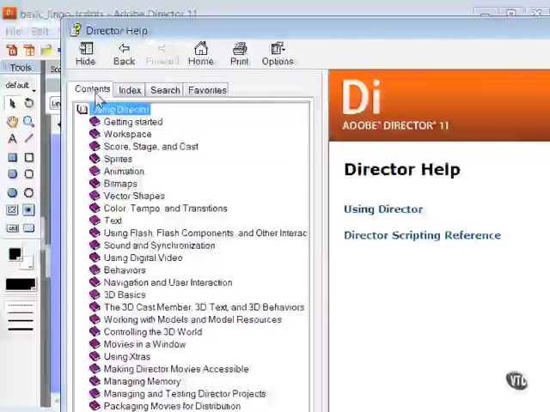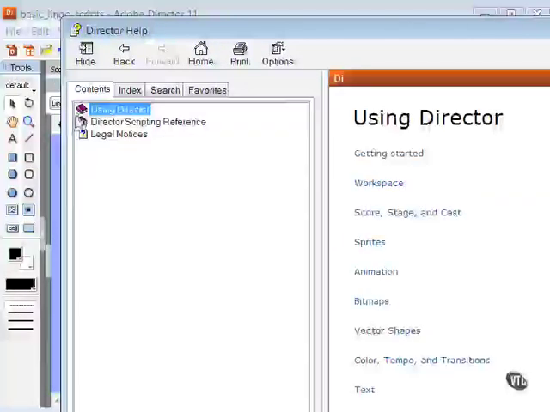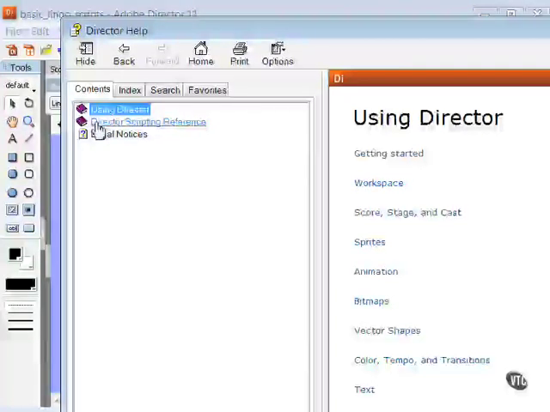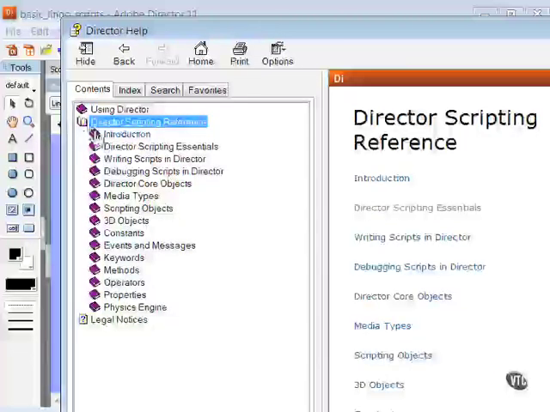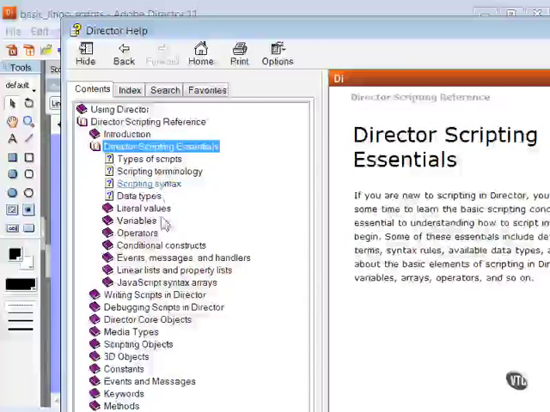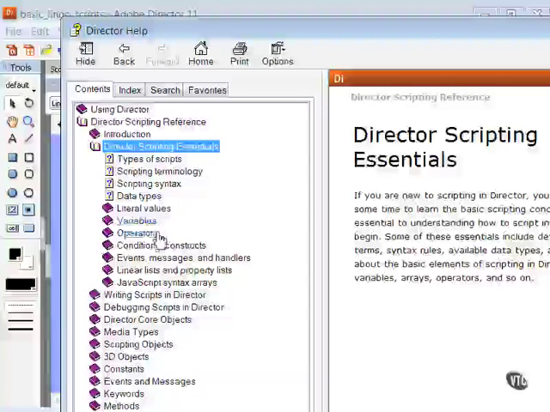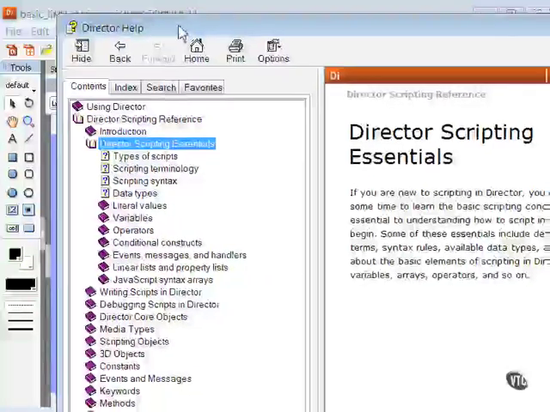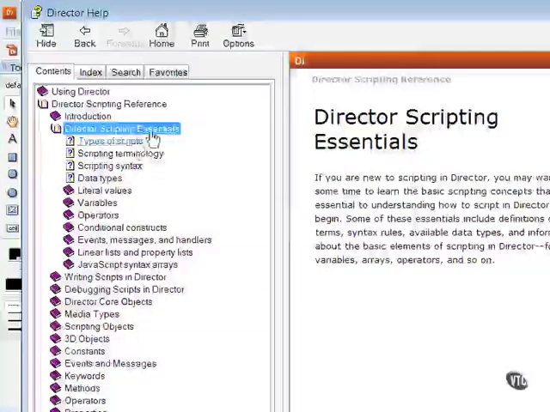That's going to be found in the Contents tab. Notice that there's two sections, Using Director and Director Scripting Reference. Inside of that Director Scripting Reference is also Introduction and then Director Scripting Essentials. I recommend that you start with Director Scripting Essentials, read through this section, and then go in order down the various categories here, which will serve as a review of what I've covered here in this section of the tutorial: